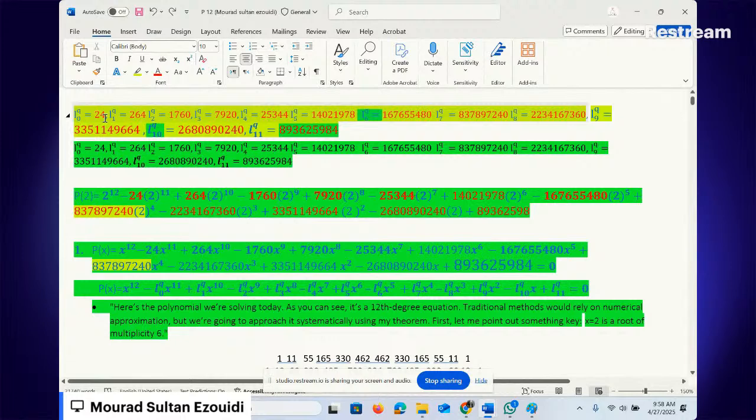This is L0 for the Q is 24, L1 is 264, L2 is 1760, L3 is 7,920, L4 is 25,334, L5 is my birthday, 14,021,978, L6 is 167,655,480, L7 is equal to 837,897,240, L8 is equal to